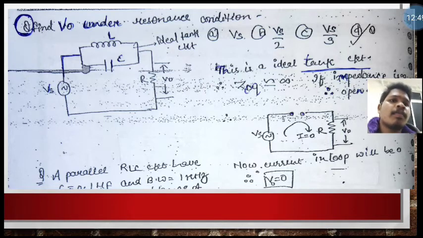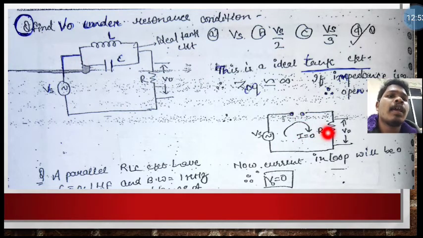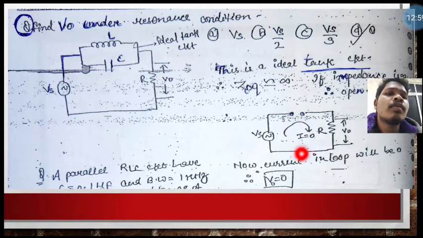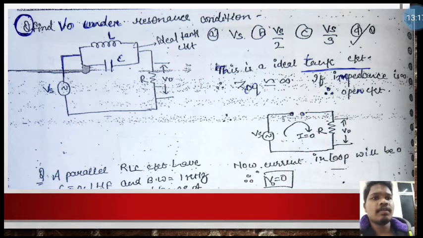Okay, so putting the current equal to 0, this circuit will be open circuited now, and this is the R. If 0 amount of current is flowing there, if no current flows there, then the voltage across the output is equal to 0, yes or not? So this is your answer: the voltage across the resistance is equal to 0.